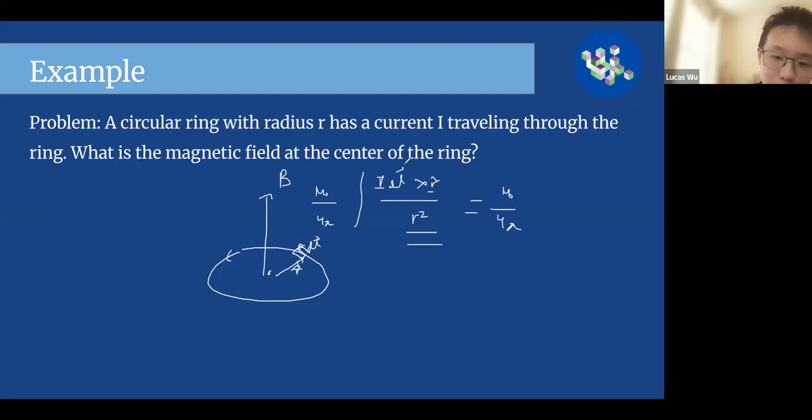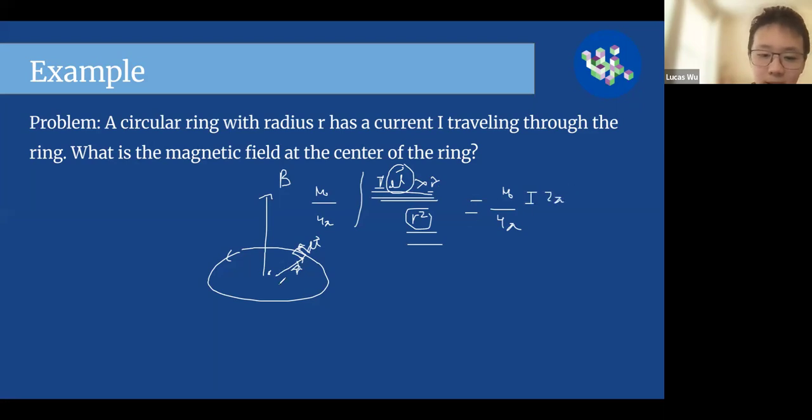I'm integrating over the variable dl. So if I integrate over the entire circular ring, then r squared always stays constant. And this cross product is also always constant. It's also always pointing in the vertical direction. So what I get from this integral is just I times the circumference, which is 2 pi times,